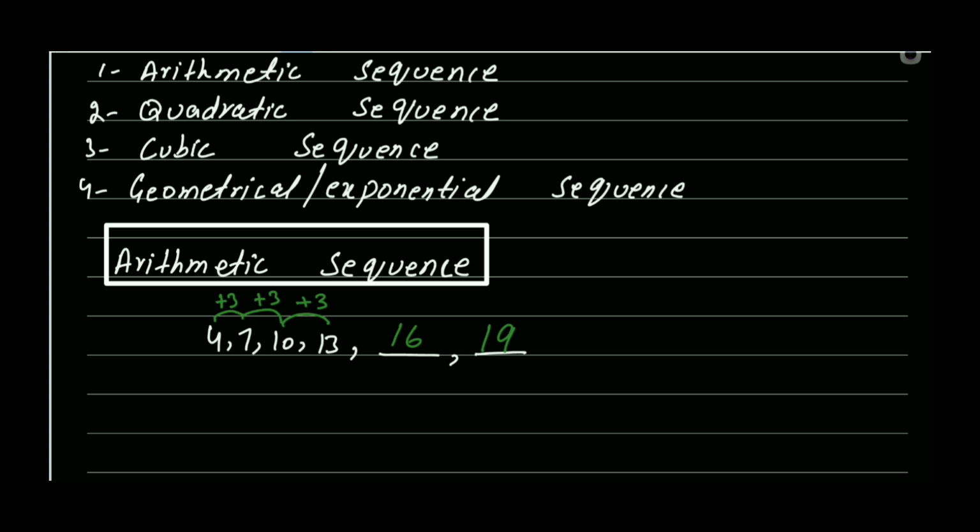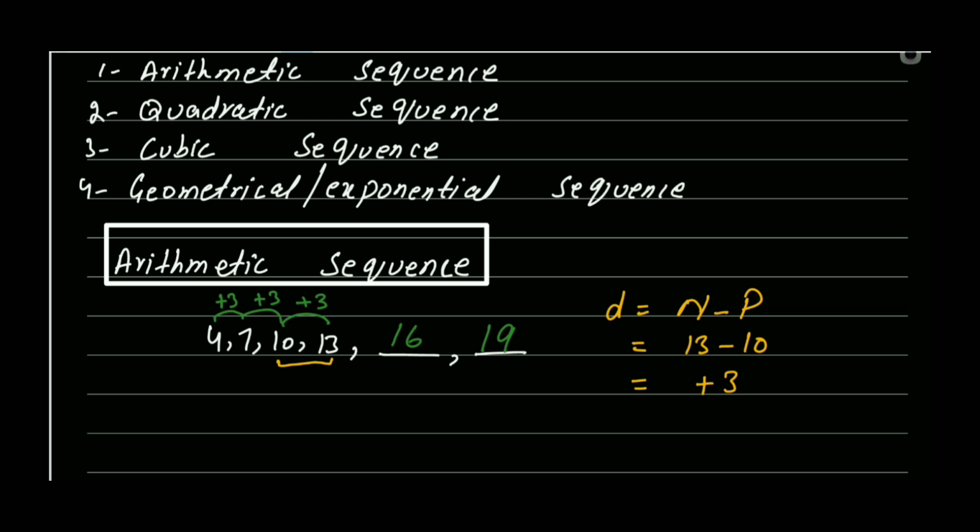So how actually do you have to find the difference? To find the difference, the proper formula is next term minus previous term. You can take any two consecutive terms and subtract, but you have to subtract previous from next. Next minus previous. So if we take these two terms, next is 13 and 10 is previous. So 13 minus 10 is 3, positive 3. So it means every time you will add 3 to a term and you will get the next term.